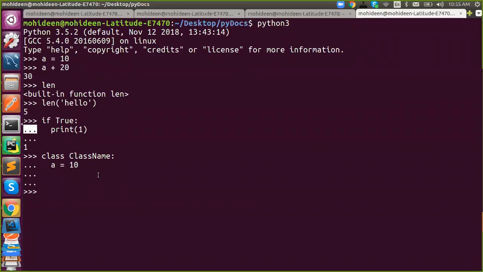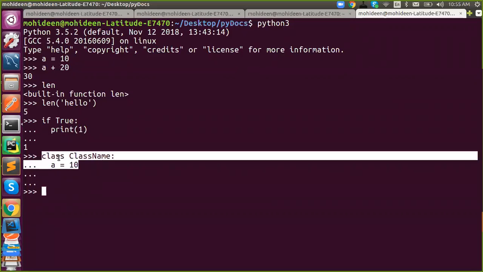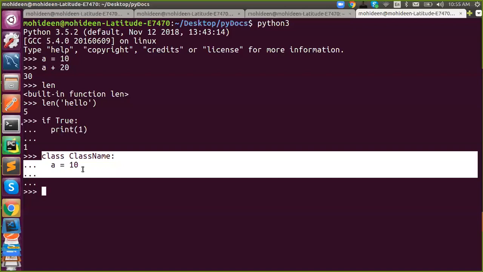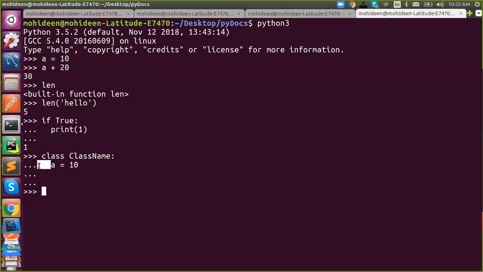So here it means a block of code. This is one block of code. You are actually creating a class, you say colon, and after the colon you need to keep space. This is called a block of code. Blocks of code are denoted by indent. Indent means giving a space in between. As per the Python rule, you need to keep 4 spaces to make the code uniform.